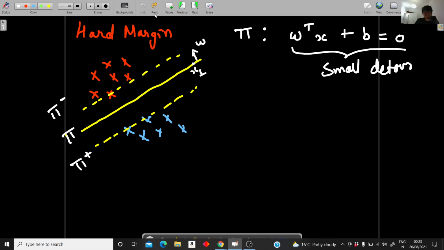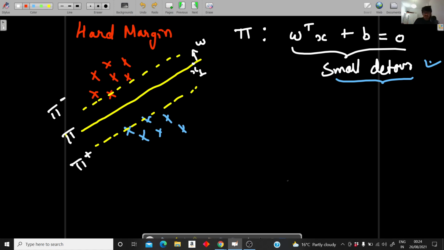Now we are done with our small detour. Let's get back to our SVM. What is hard margin SVM? In hard margin SVM, we are not allowed to have anything in between, neither a positive data point nor a negative data point. Within the margin or on the road, we are not allowed to have any data point, whereas in soft margin we can have this. Right now we are having data points within the road or on the road, and that's why this is called soft margin. But we are discussing hard margin, so let me just remove them. So this is the hard margin.